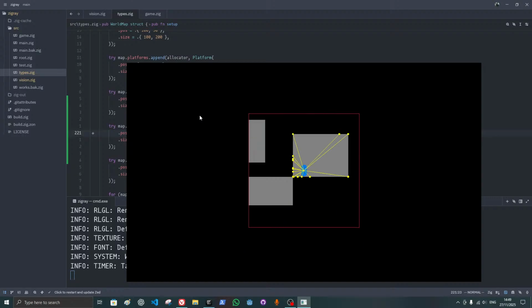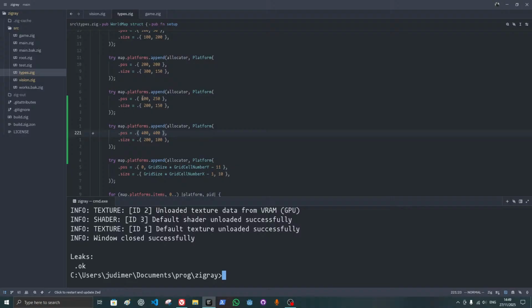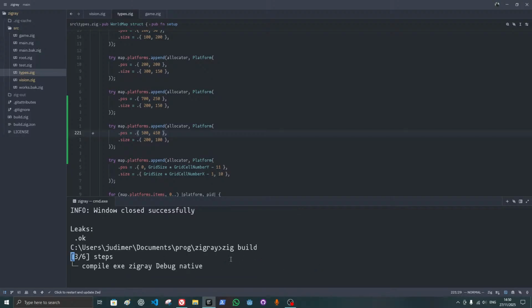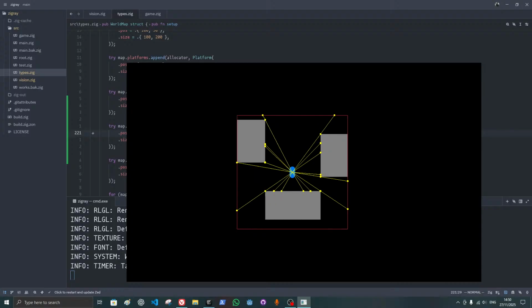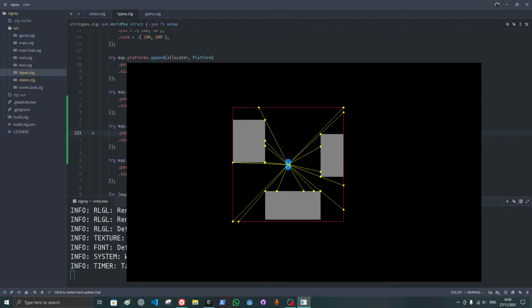Okay, 600, maybe 700, so that we are not inside the block. One, 500, 450. Okay, now